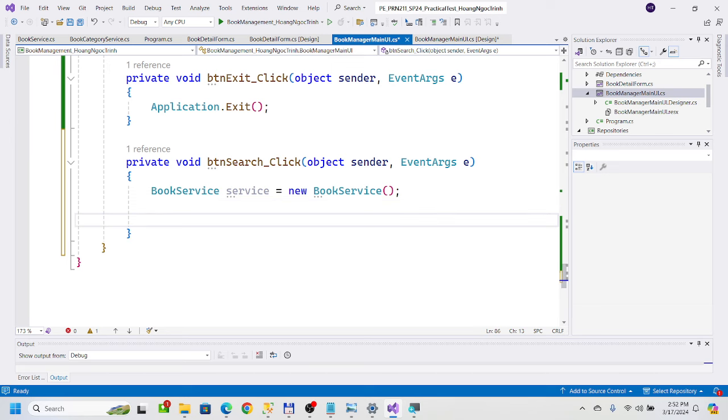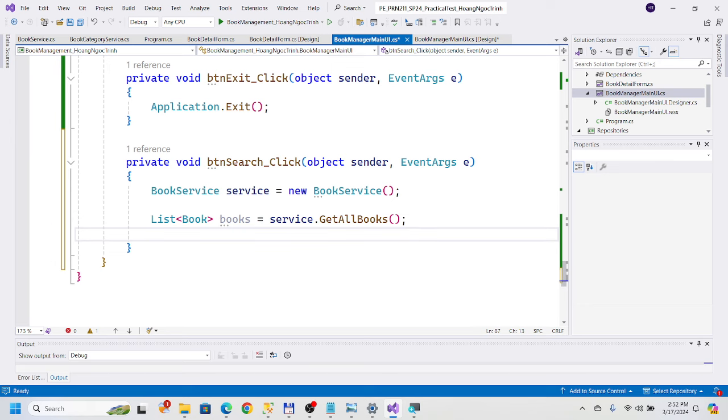Now, we also need a list of books to hold the result set whenever we apply the search condition. So I declare, let's remember that this is code just for testing the implementation of the search method. We do not write clean code right now, just to understand how to make an existing feature. Yeah, get all books. For now, with this one, we have the list of books, and we apply